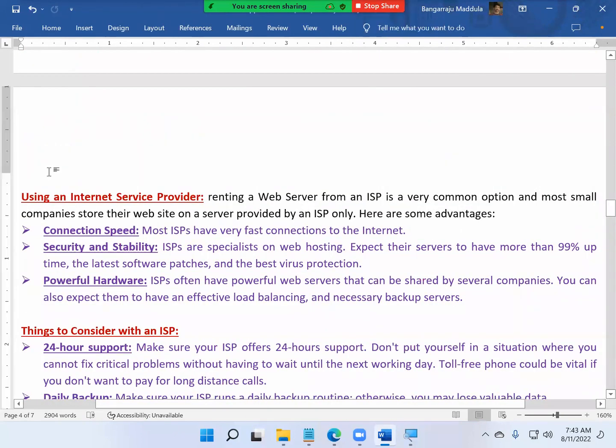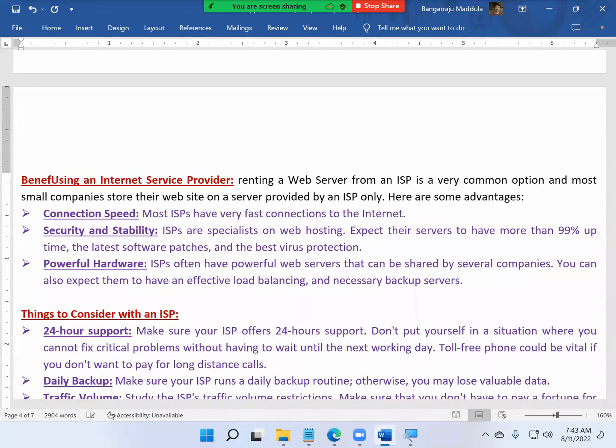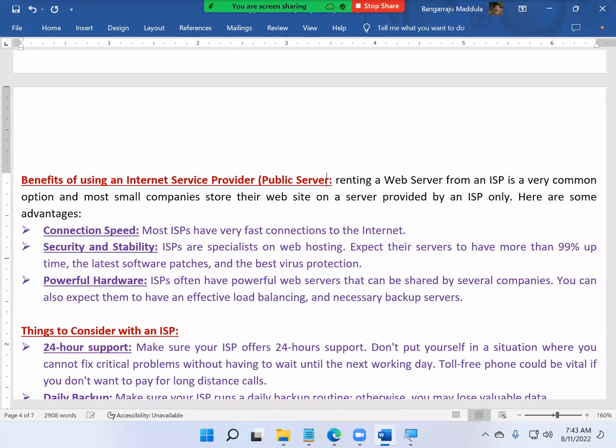Next, benefits of using an internet service provider, or better I say, a public server. What are the benefits of going for a public server?